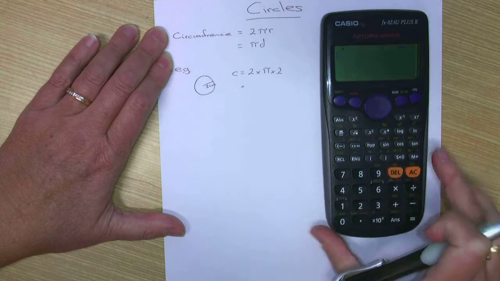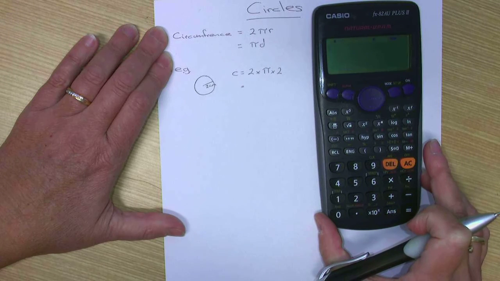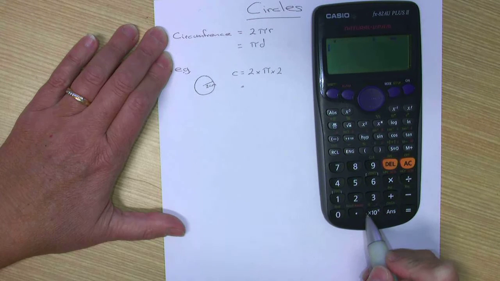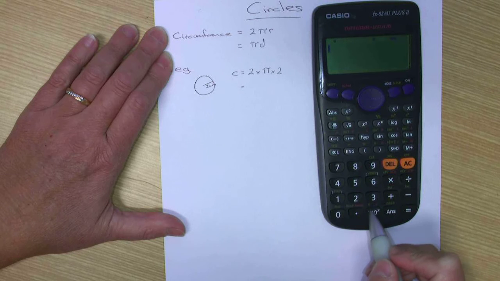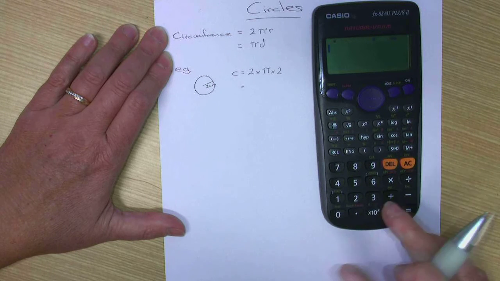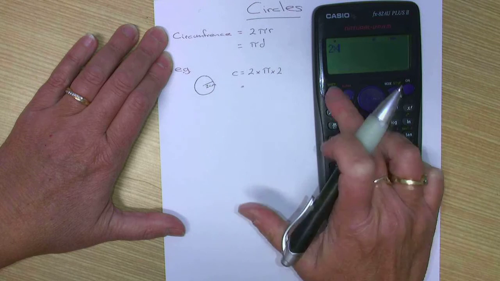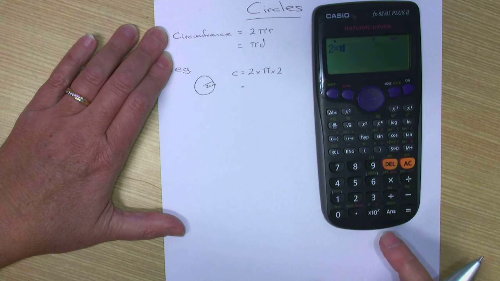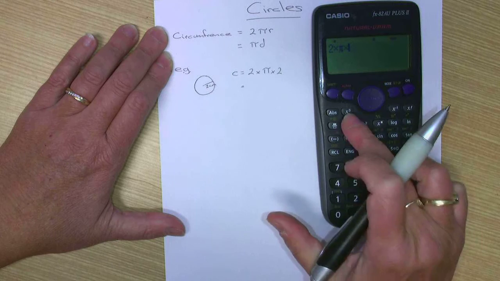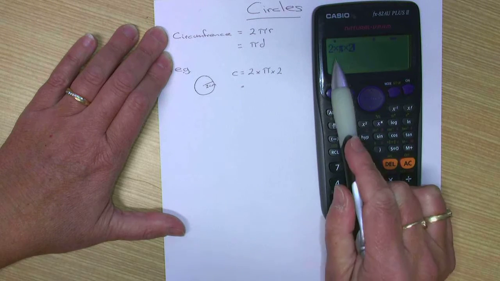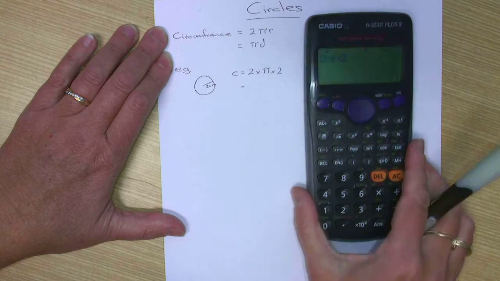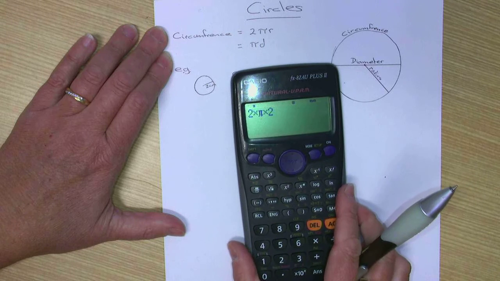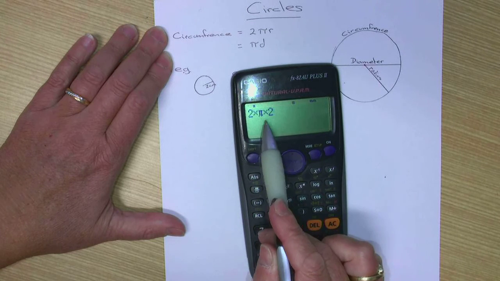And you can see down here on your calculator the pi is above this sign here, but we have to use a shift. So we have 2 times shift pi times 2, which is the radius, equals